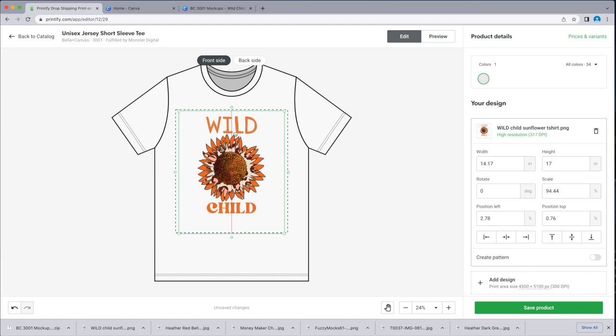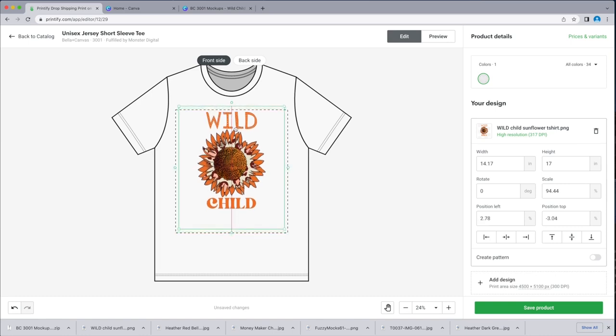And I like to take, let's just take this all the way up to the edge, try and keep it in the center. Okay, and then I'm going to look at the edges of the collar, and while I'm doing this, what I like to do